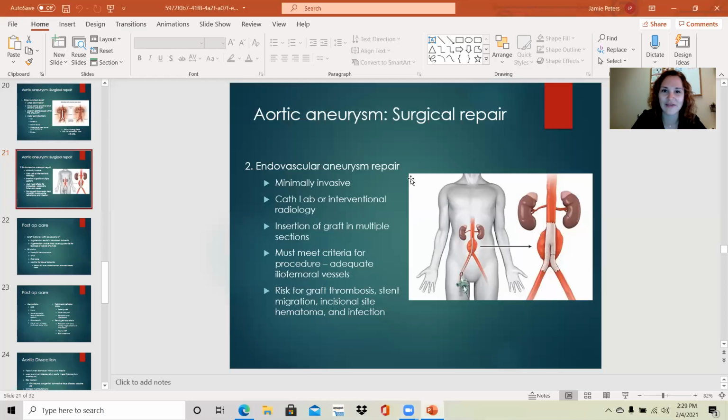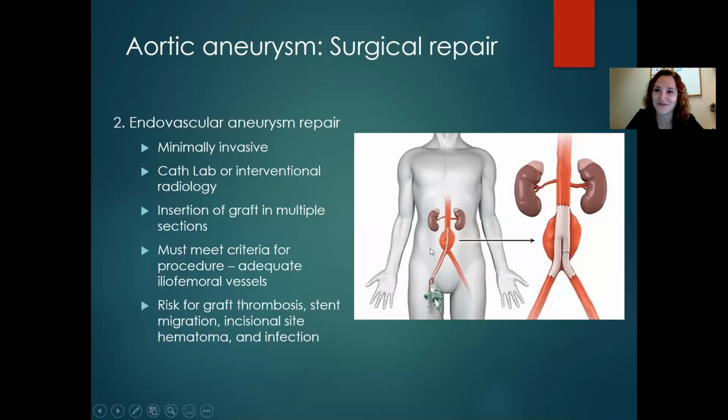We're going to start back where we were abruptly cut off here with the endovascular aneurysm repair slide. And we got down to what the risks of this procedure are. Those are risk for graft thrombosis, or clotting around the graft site, and stent migration. So technically the stent could move about. Incisional site hematoma from where they went in at the groin site, and then infection, as is a risk for